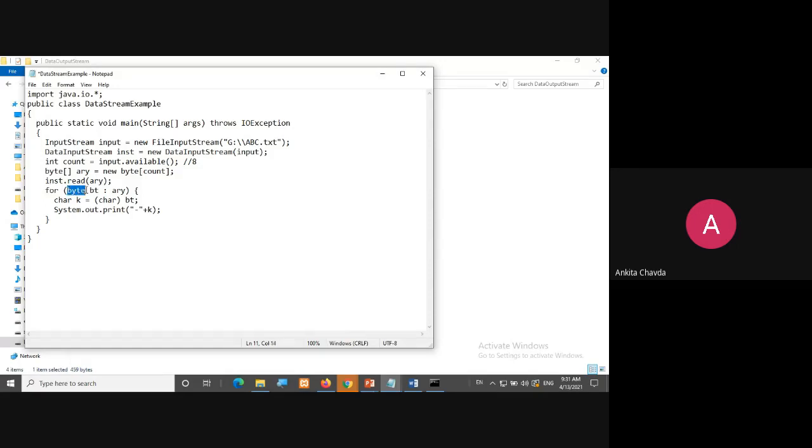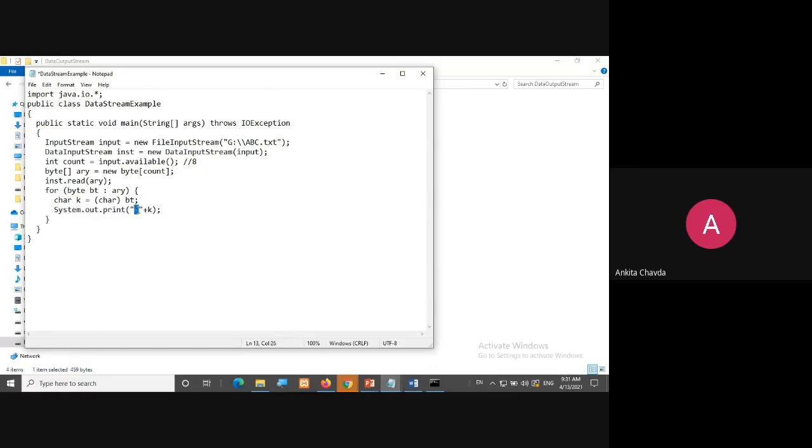Here all my data is in byte. So I'll write here byte, any object name like bt, a, b, c, d, that you can choose. Then colon, and here you will write the array variable name from where you are actually reading. So now you are finally converting, because your data is in byte, and that byte data you are converting into character, storing into a character, and at the same time you are printing.